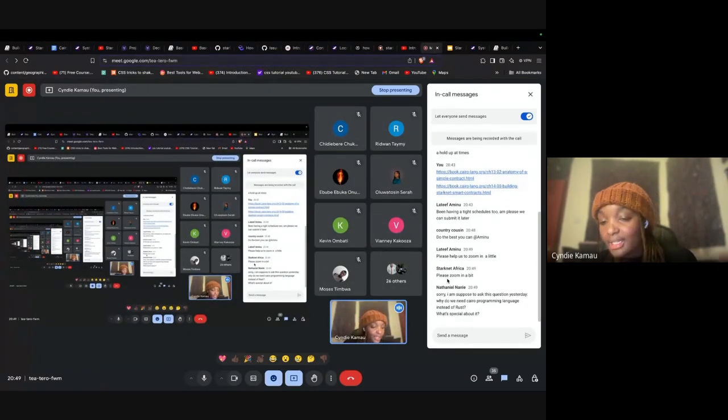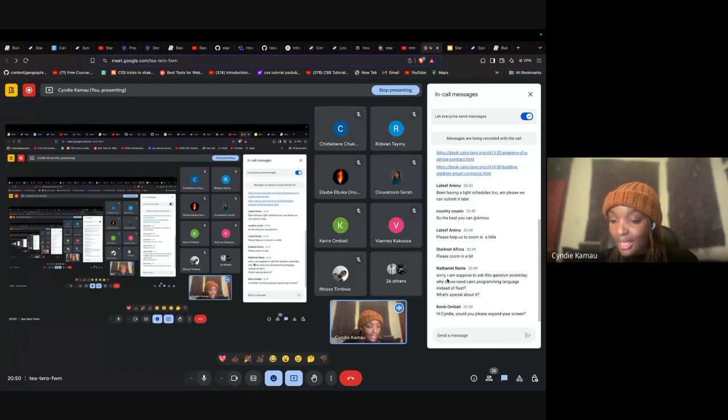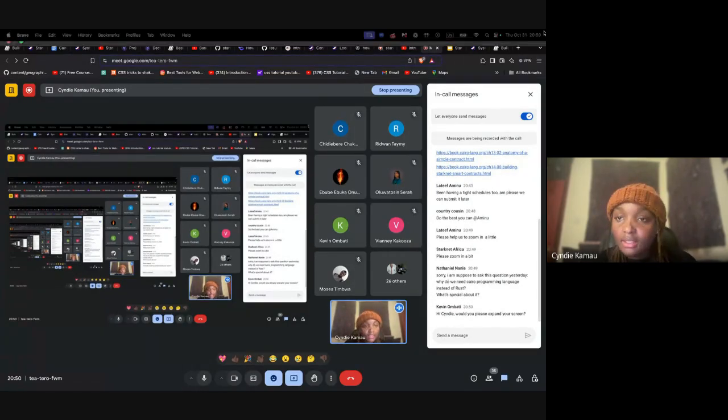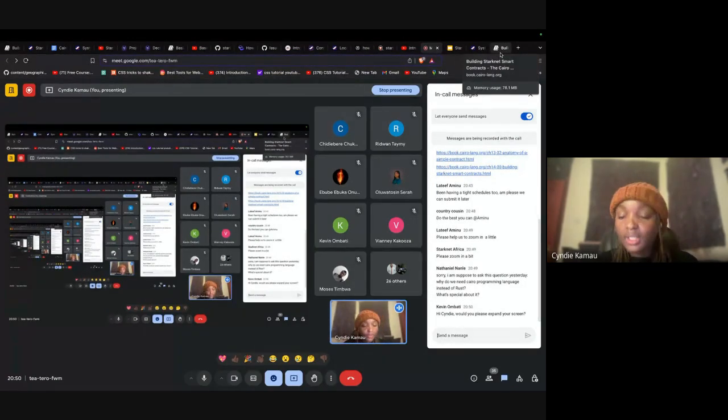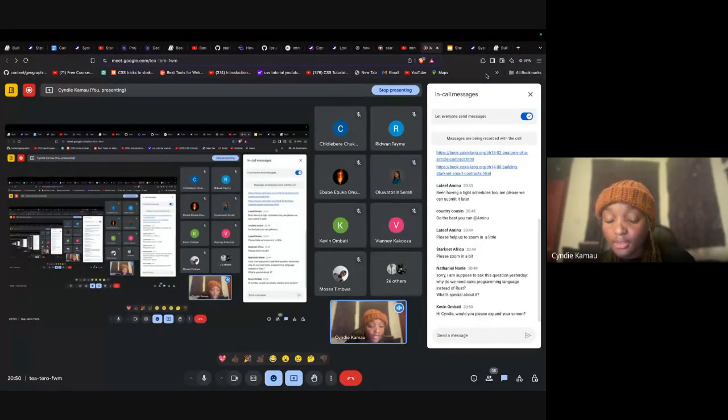Okay, why do we need Cairo instead of Rust? The way I explain it, Cairo is like the cousin of Rust, if I can call it that, right? So the syntax is almost similar. The only difference is a bit here and there in terms of syntax. Okay, I'll expand my screen. So the only difference between Cairo and Rust is that when you build a Cairo program, it's like you're generating proof for it,